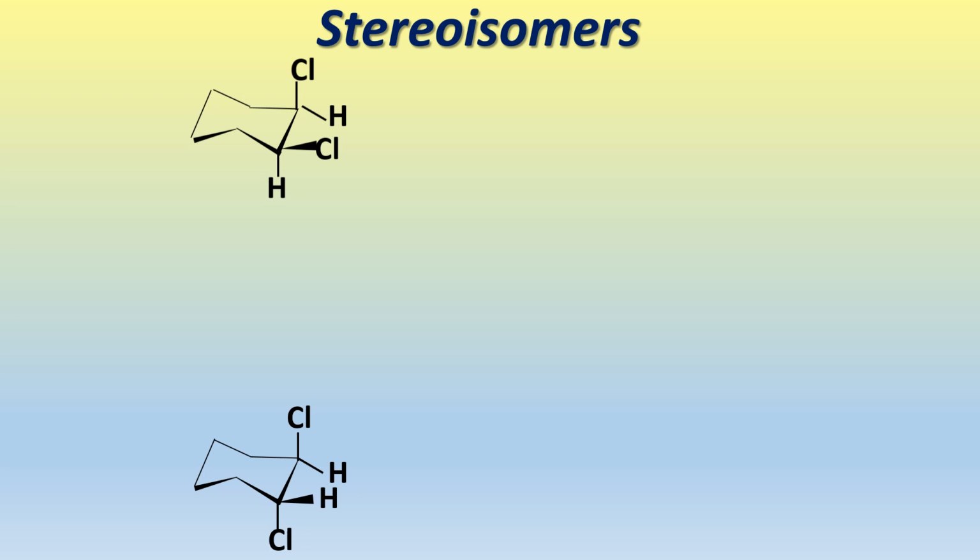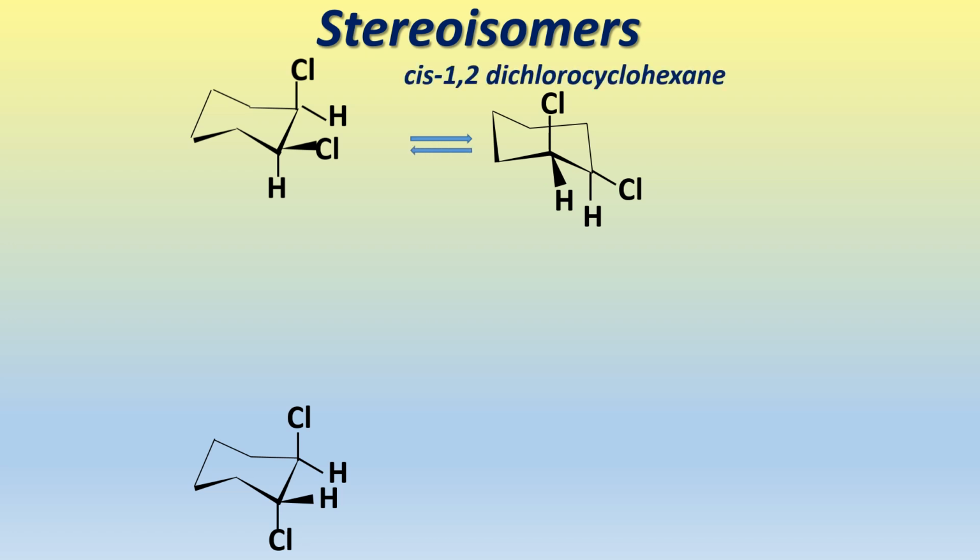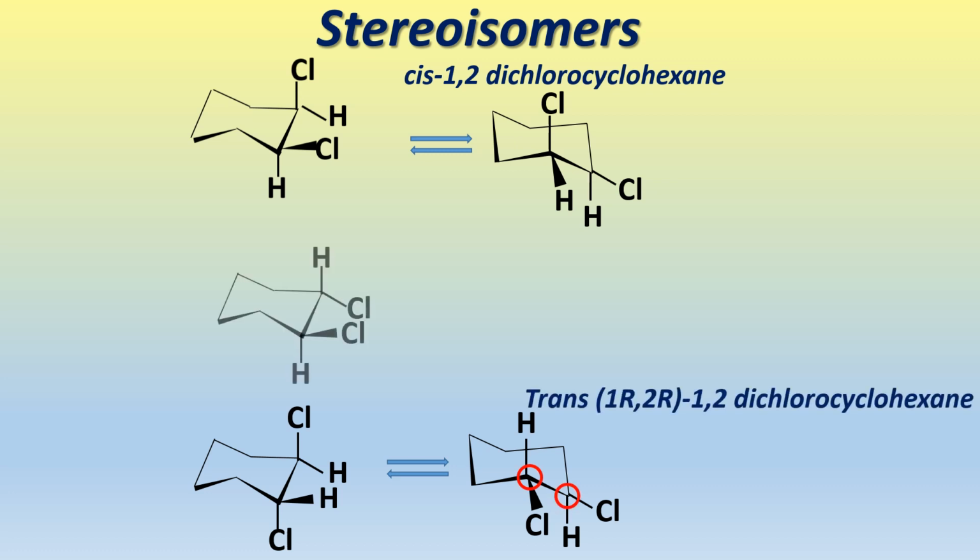In greater detail, one finds something else. Again, here's the conformer of cis-1,2-dichlorohexane, where the chlorines relative to each other are both still facing in the same direction. The trans configuration, again, the chlorines are facing opposite directions. However, you have a chiral center created now, where you can have trans 1R, 2R,